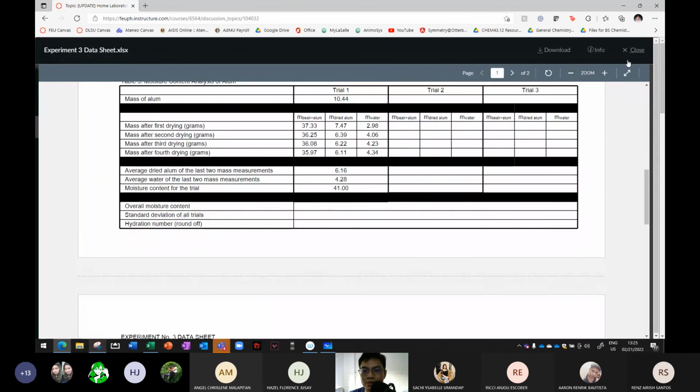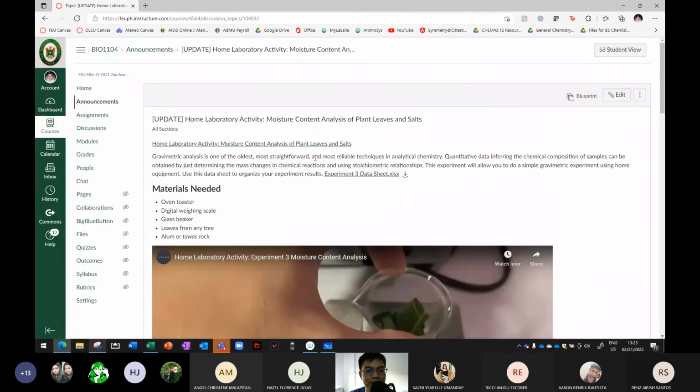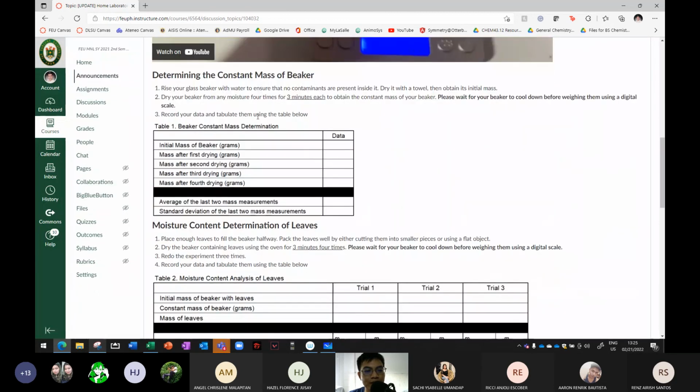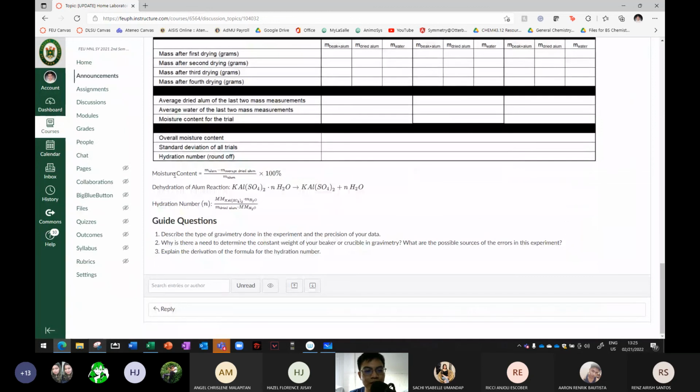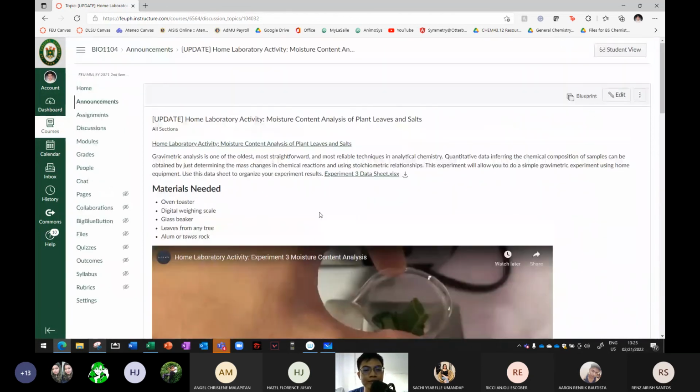Use the data I presented here for your reference. And then, ito yung mga data na kukunin nyo. And ito yung equations. Okay? Okay, so I guess that's everything. Again, one representative will submit the paper. Pwede naman